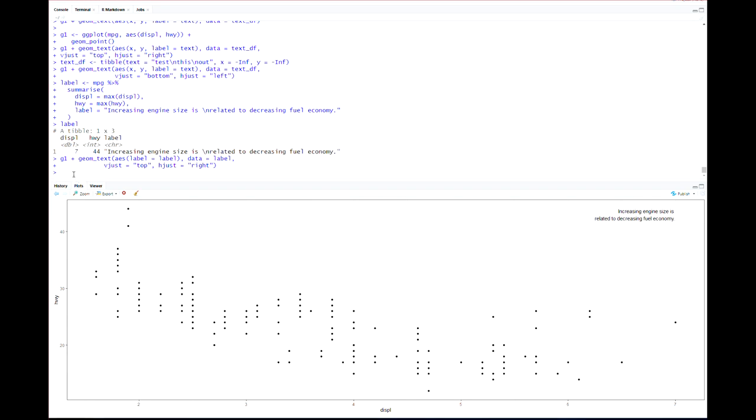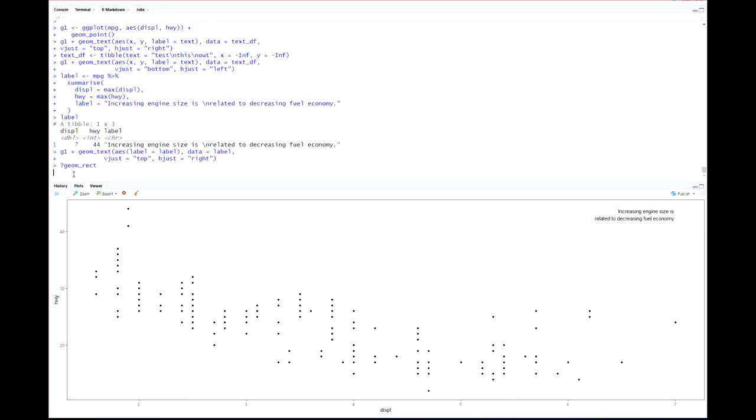Some other functions that you might want to play with are geom_hline for adding a horizontal line, or geom_vline for adding a vertical line, geom_rect, which would draw a rectangle around points. If I want to look at geom_rect, I can look that up, and that will tell you that the boundaries of the rectangle are defined by the aesthetics xmin, xmax, ymin, and ymax. So if I added that to my graph,